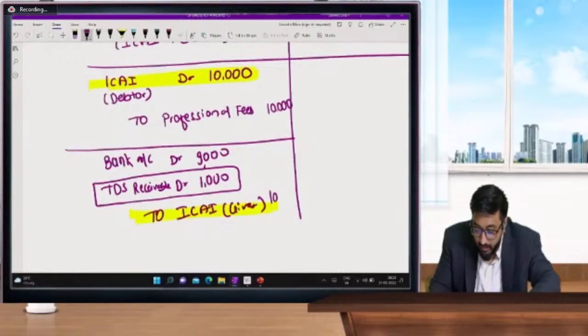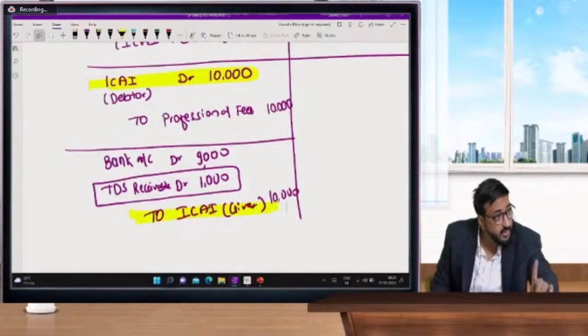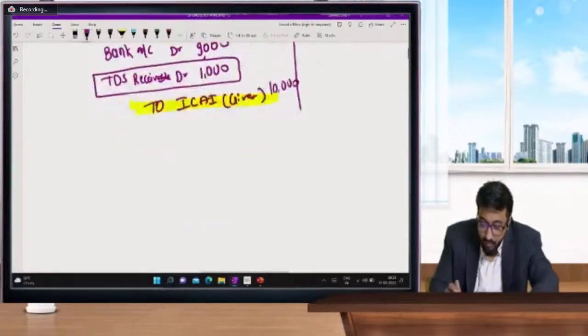Now you are getting these entries. Or you can pass entry ICI say 9,000, TDS receivable 1,000. Then you have to pass entry only bank account debit to ICI 9,000, 9,000. Both are correct. Okay. Now,